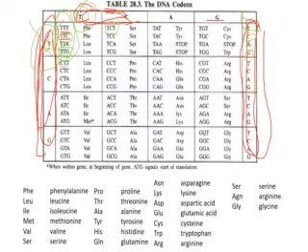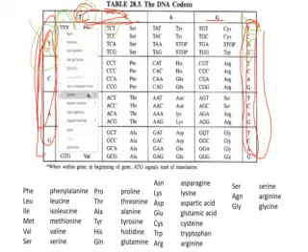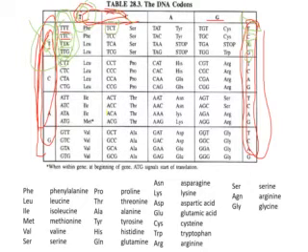Now, as I mentioned earlier, each triplet code only codes for one type of amino acid. So TTT only codes for the synthesis of phenylalanine. TTC only codes for the synthesis of phenylalanine.